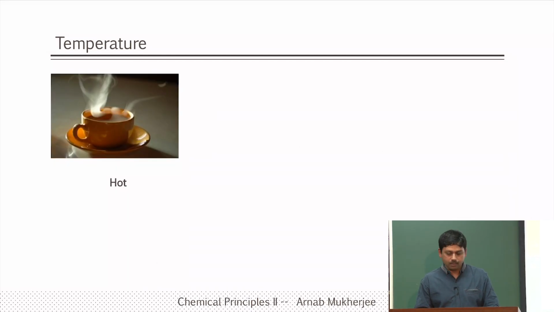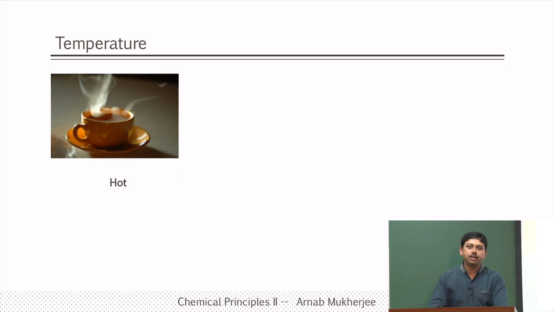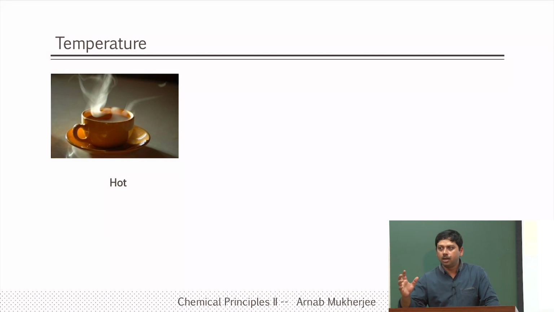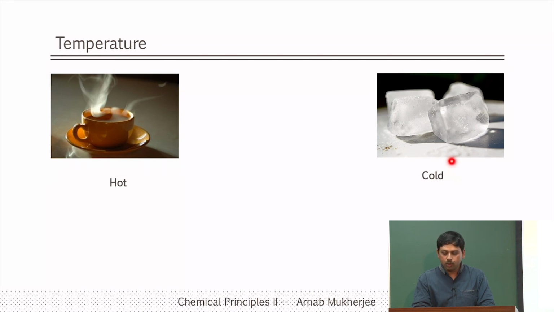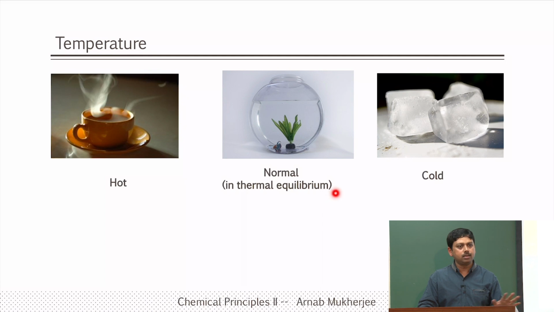So, what is temperature? When you talk about temperature, we say the temperature of the room is very high, or that it's hot or cold. It gives us a sensation that something is hot or cold when you touch it. For example, a hot cup of tea, we know by our senses that it is hot. When you touch ice, we know that it is cold, and for normal water we say it is normal. So, temperature is something that is associated with a sense of hot and cold,